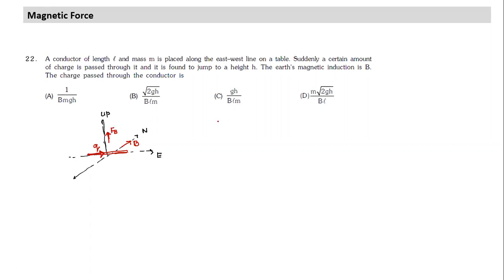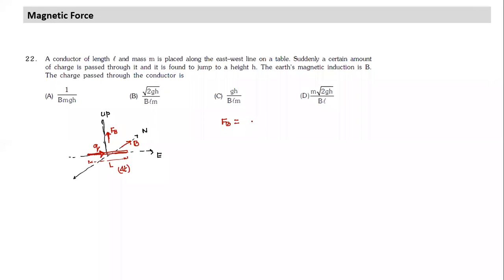So what is the magnetic force here? Let's say the length is L. It is a short time. Okay, so for a short time we can take this length L. Let's say it travels this entire length of the conductor in time delta t. So what will the magnetic force be equal to?